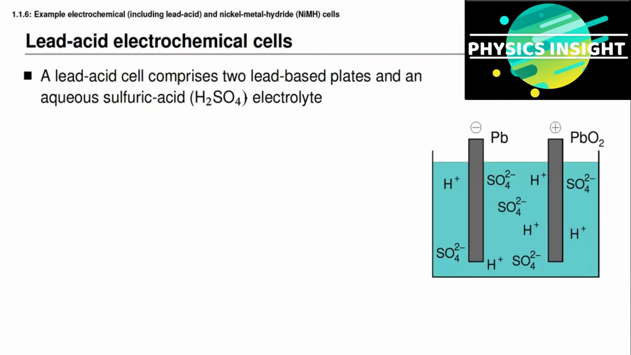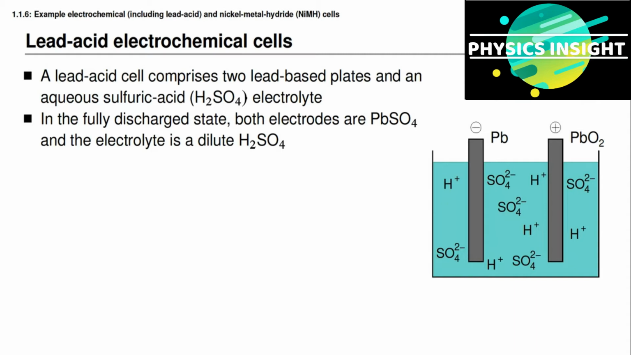We now start to look at our second example, which is a lead-acid battery cell. Both electrodes in a lead-acid battery cell are made from some metallic lead-based plates, and the electrolyte is sulfuric acid in an aqueous solution, in other words, dissolved in water. When a lead-acid cell is fully discharged, then both electrodes are lead sulfate, and the electrolyte is a dilute solution